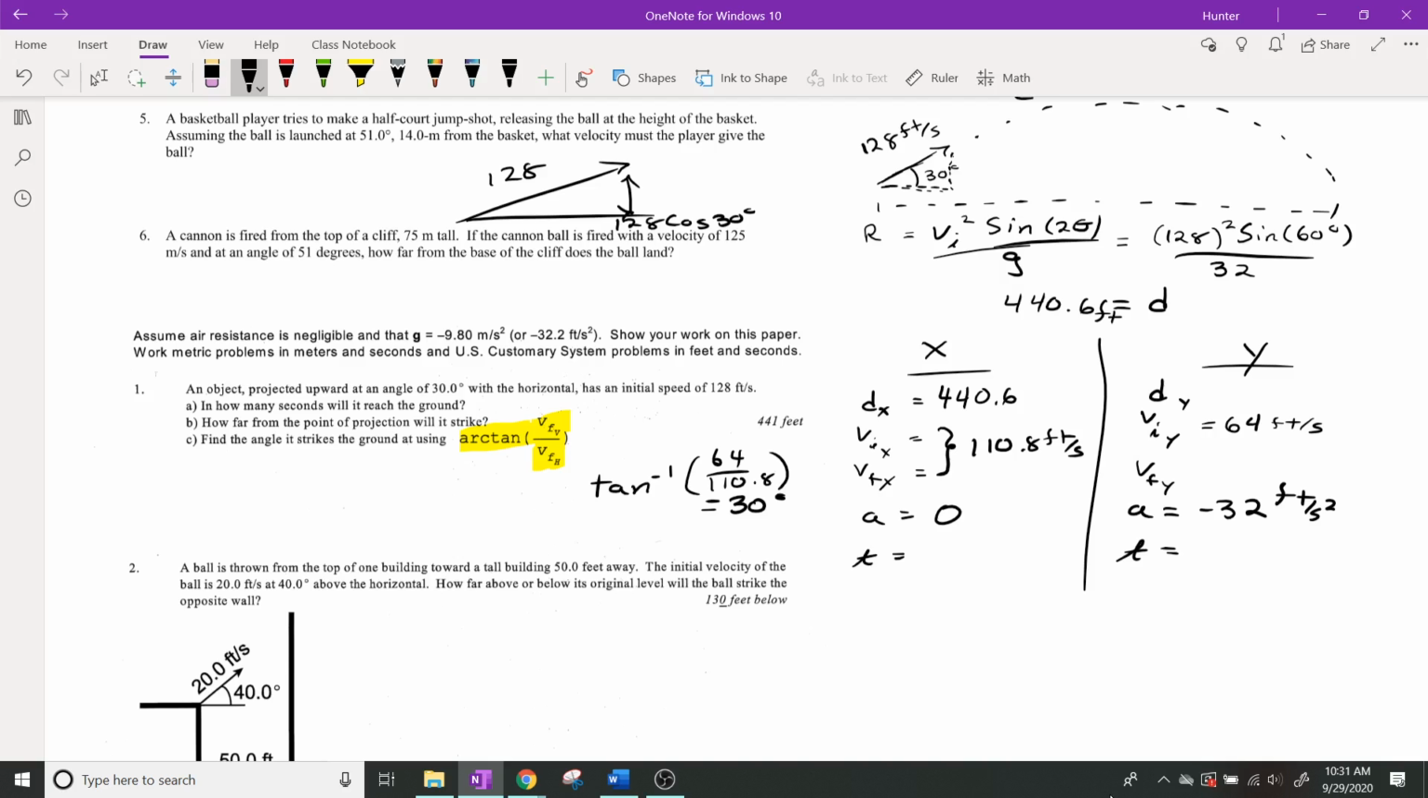Exactly. So since there's no acceleration there, we could just do velocity equals distance over time, and these will actually work out pretty well. You're solving for time, right? So flip-flop those variables, and time is equal to distance over velocity. So the distance is 440, the velocity is 110. That comes out to be